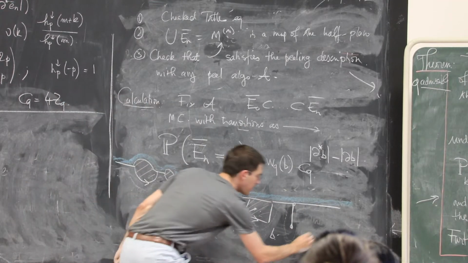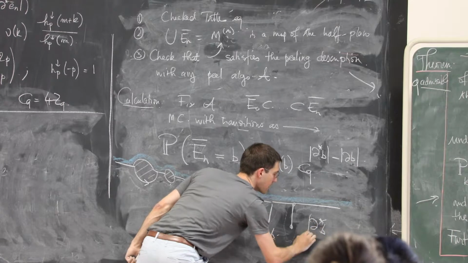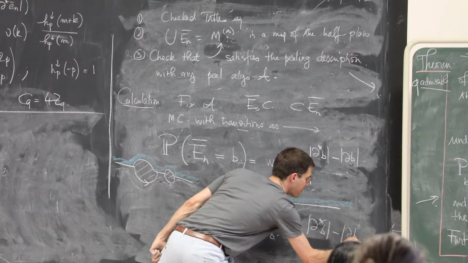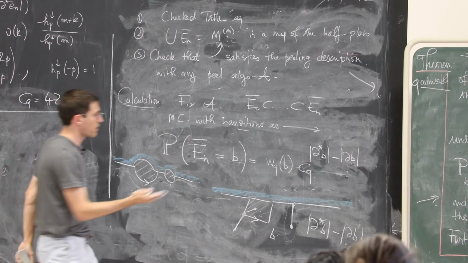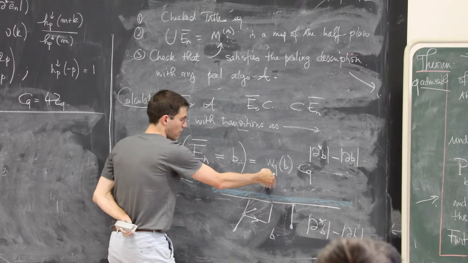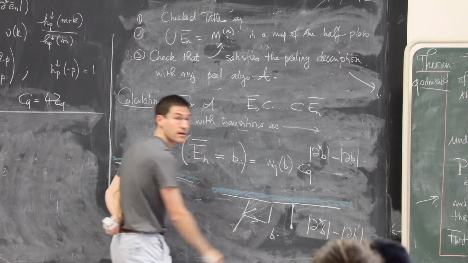What is delta star B minus delta of B? Well, I need to count how many edges I have more on the hole than on the